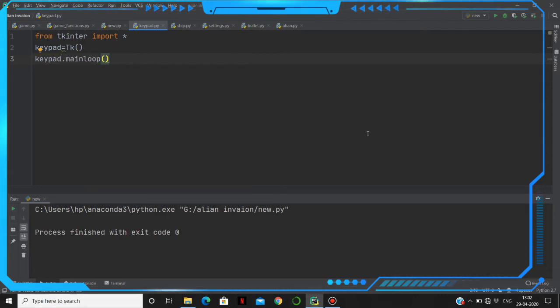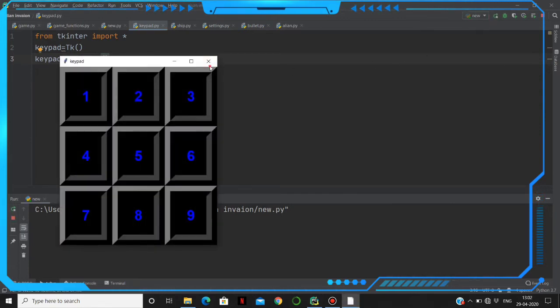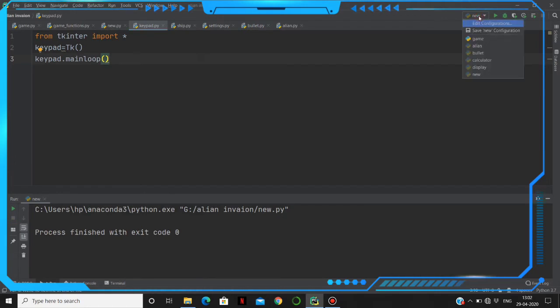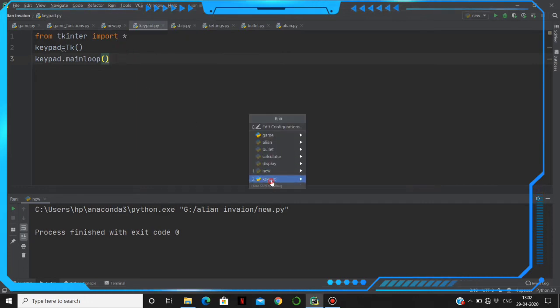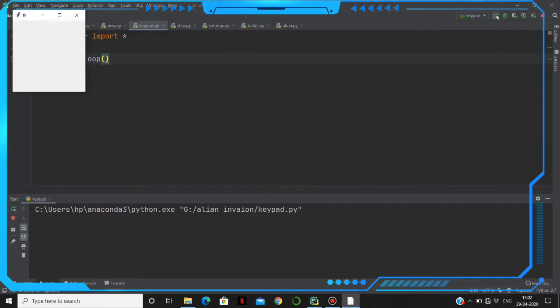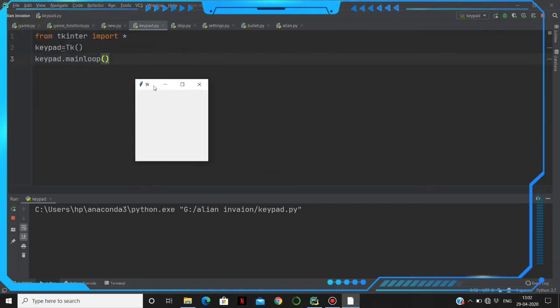Let's see the output. We have to run the keypad here, select the keypad, and run this. See here, we have got this Tk window.